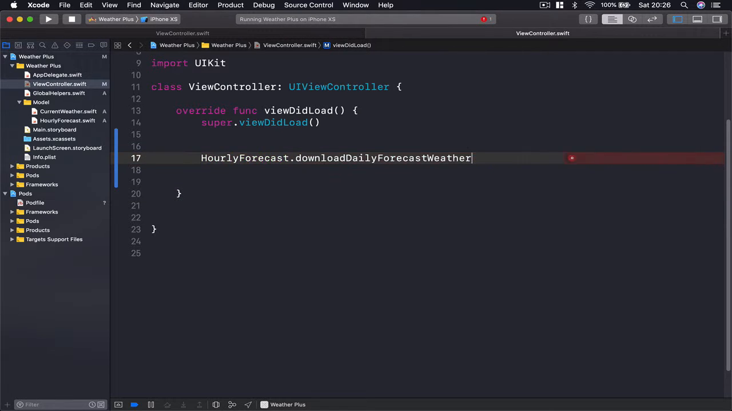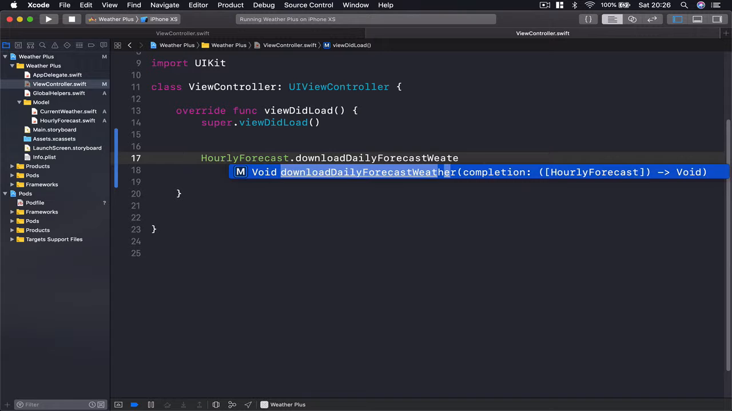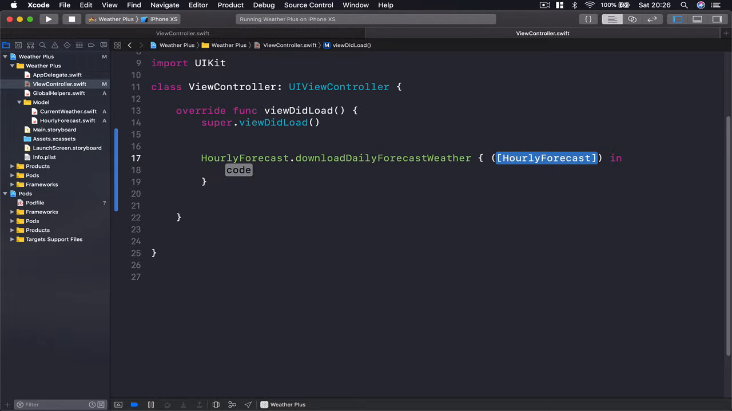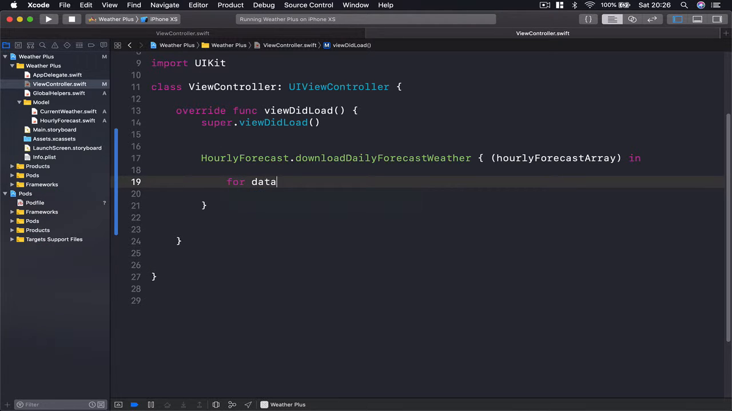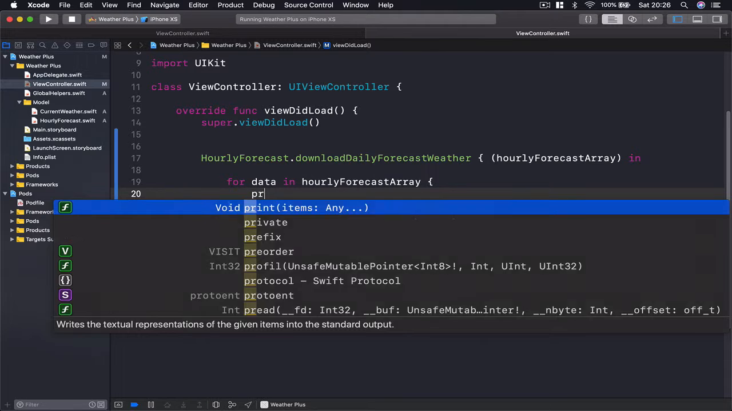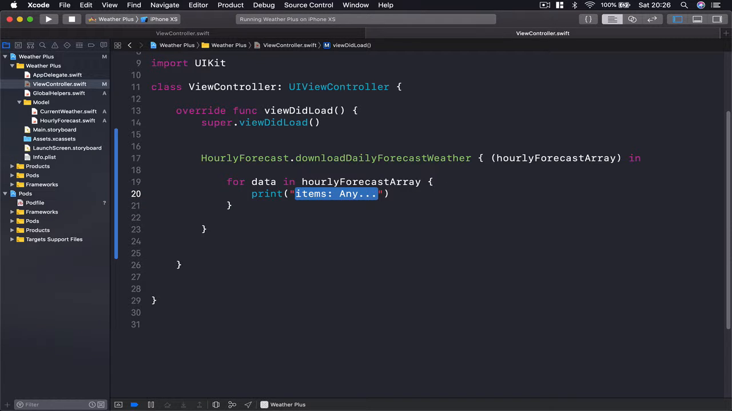So let's get rid of this and we say weather with completion and just hit enter, and this is going to be my array. I'm going to call this hourly forecast array, and let's see what we are going to do. I'm going to print for now my information. So I say for data in, remember this is an array, and we access our hourly forecast array. I'm going to say print, let's say forecast data,